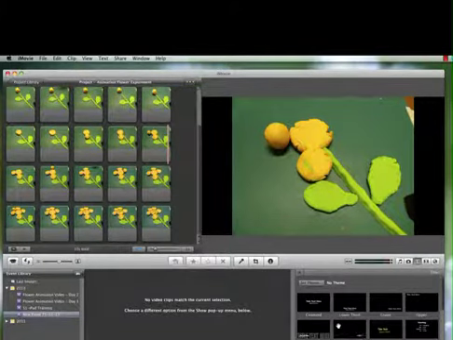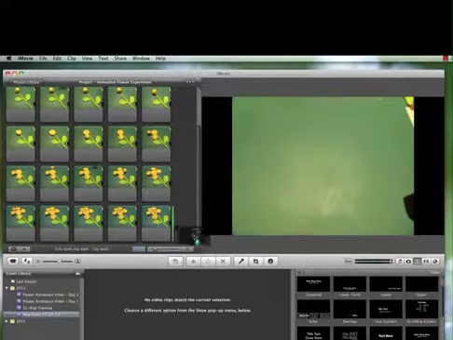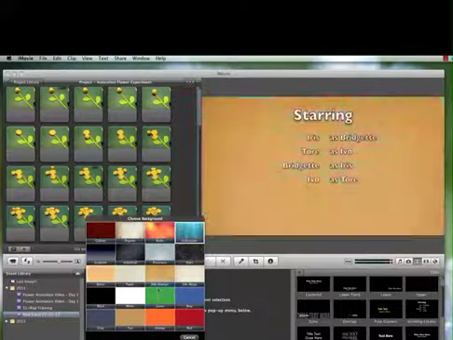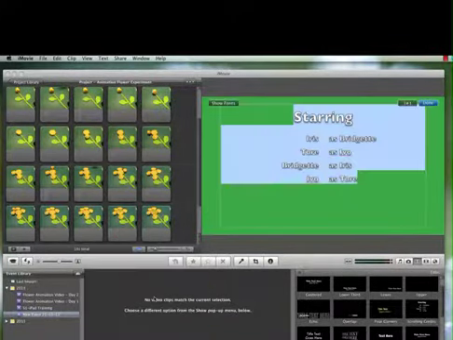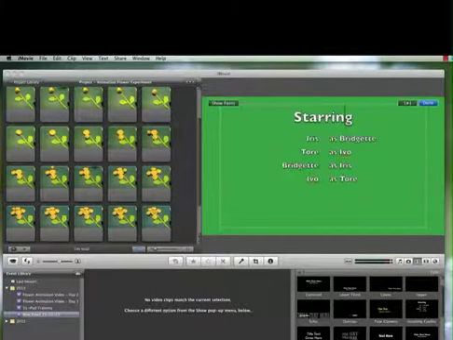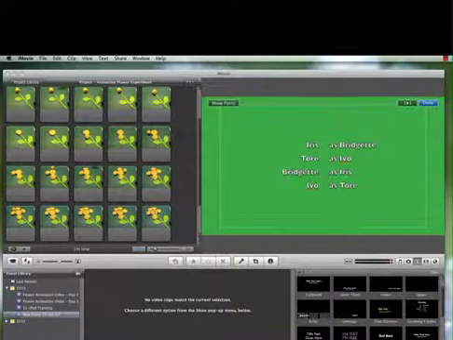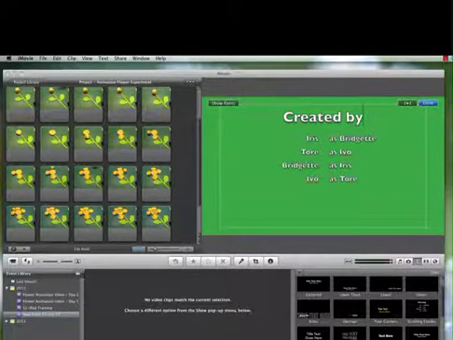Alright, the second thing is we have asked you to include credits. So at this point you can grab some credits and pop them in the back. And here it allows you to pick all sorts of backgrounds, and because we're going to stick to the theme that we've been using, we're going to select green. So animation, and I'll put in